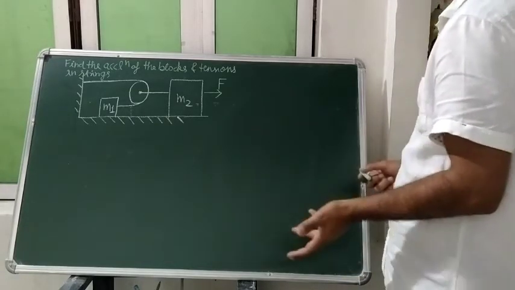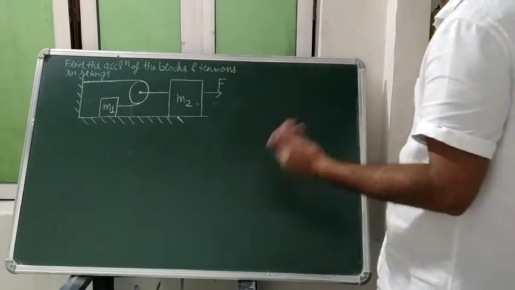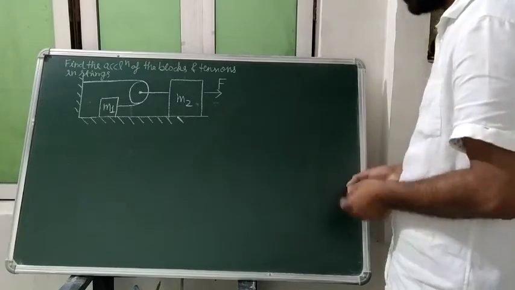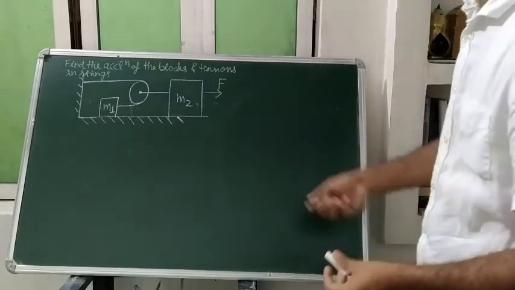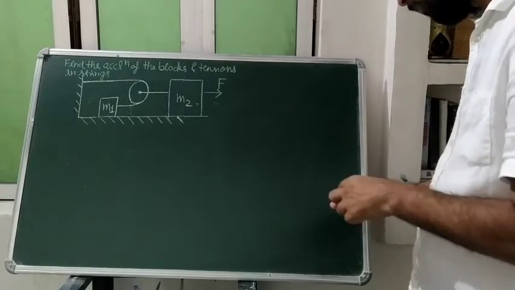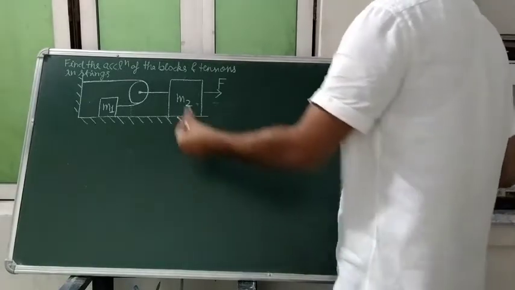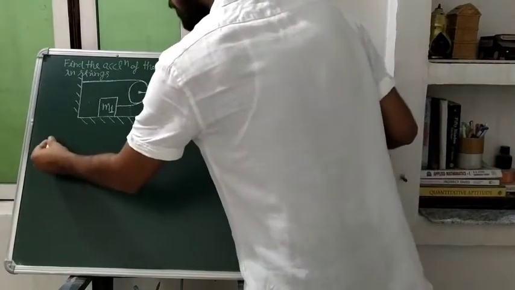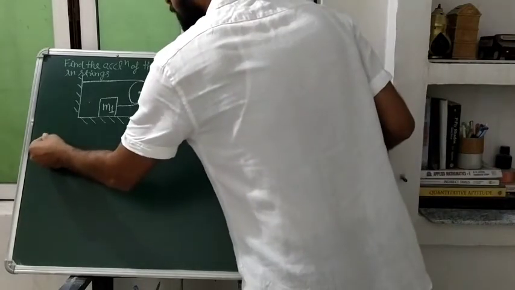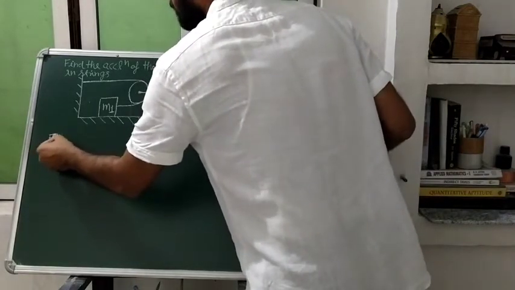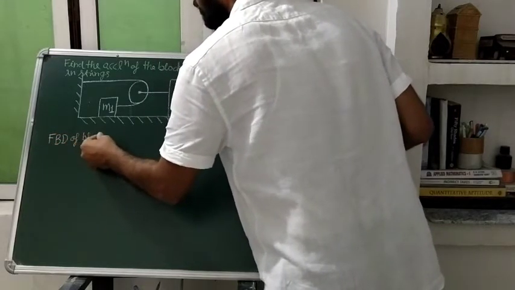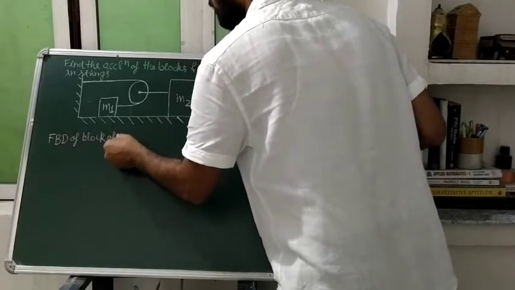Students, one thing you will notice now is that the short trick and traditional method were only telling you the relation between the accelerations or velocities. So we will get a problem like this. Of course, what will we do? We will draw the free body diagram, the FBD, of the block of mass m1.